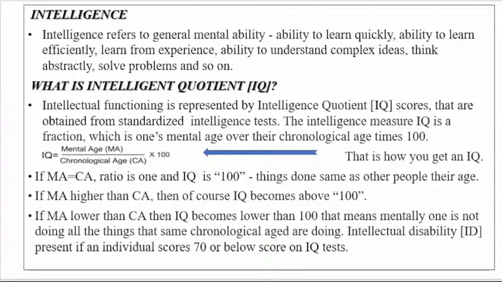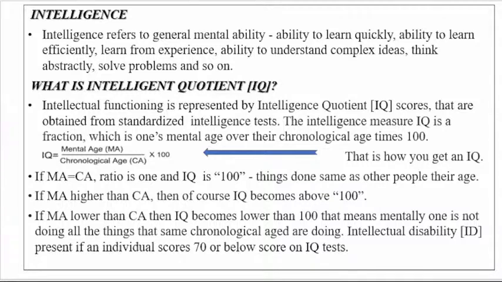We start with intelligence. Okay, I love the topic of intelligence. However, this is not a psychology lecture, so we don't have the luxury to explore and debate and think about all the wide concepts about intelligence. Basically, intelligence is ability to adapt to one's environment. It refers to general mental ability,